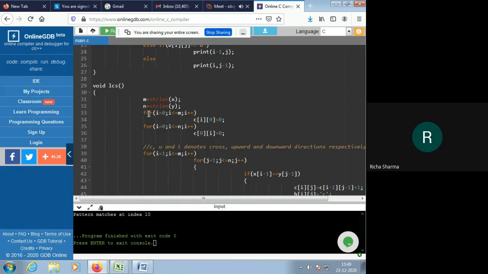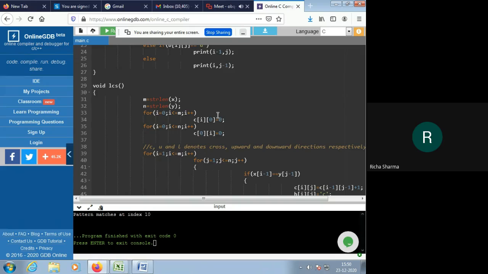Next, in the next statement, we have a for loop here. In this for loop, we are initializing I equal to 0, I less than m, and I plus plus. And in this for loop, we are initializing the cost matrix as C of I comma 0 is equal to 0. So we are initializing the cost matrix's first row and first column as 0.